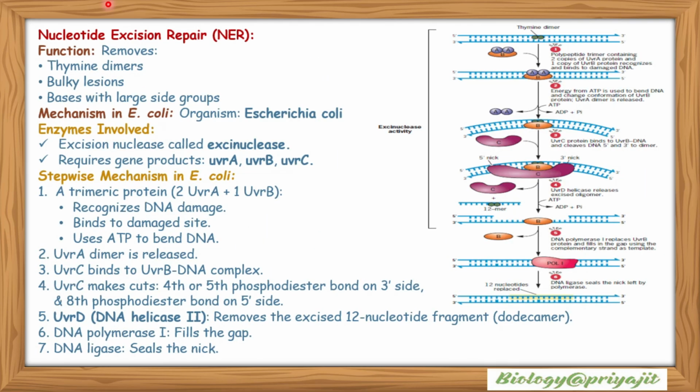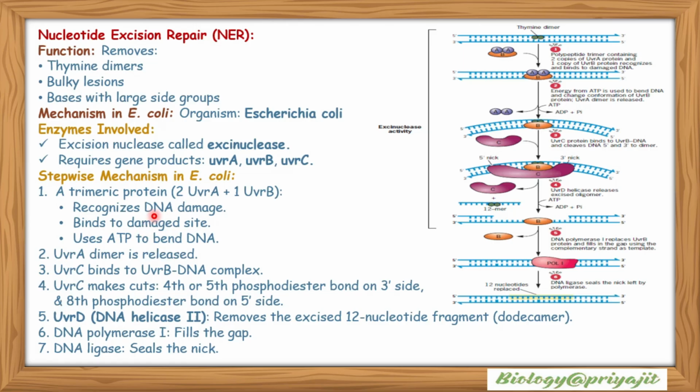Nucleotide excision repair removes thymine dimers, bulky lesions, and bases with large side groups. Mechanism in the E. coli organism. Enzymes involved: an excision nuclease called excinuclease requires gene products like UvrA, UvrB, and UvrC. Stepwise mechanism in E. coli: a trimeric protein, 2 UvrA and 1 UvrB,